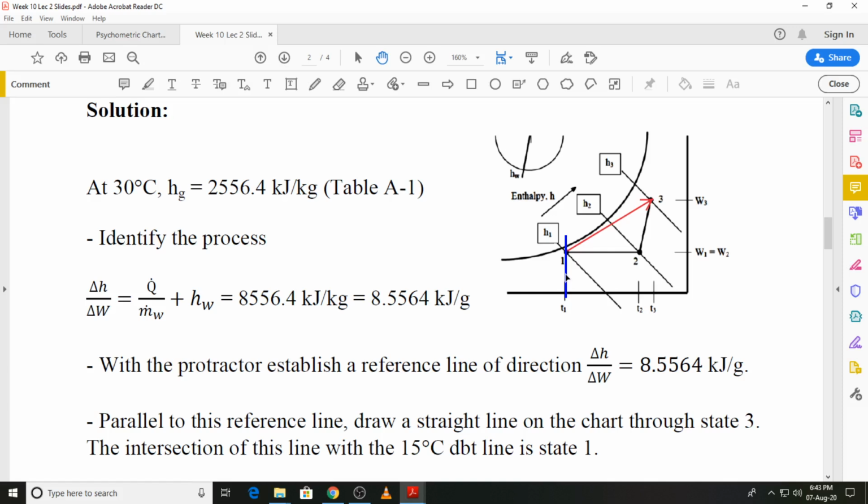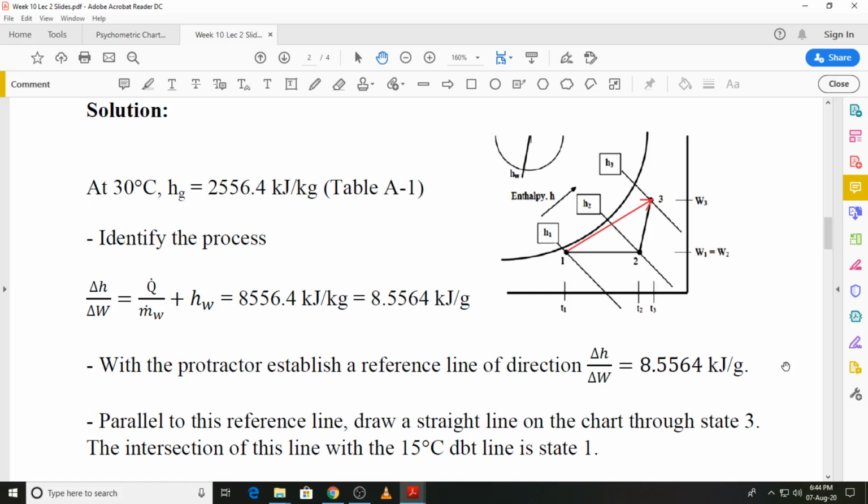And to do that, we need the process line 1, 2 with the correct direction, and that is obtained from the protractor. So once we have got the line drawn on the protractor, we will draw a line parallel to this line from state 3, and it will intersect this line of constant T1 at some point, and that is the state that we are interested in at the inlet, that is state 1. So once these two lines intersect, state 1 will be located on the psychrometric chart,